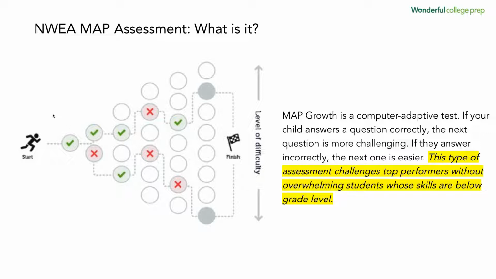So looking at this graph, you can first see that going up would be a question, and each of these circles is a question. So going up increases the level of difficulty, and going down would reduce the grade level difficulty. So let's think about this student here as a 10th grade student. So they get their first question on grade level in 10th grade.